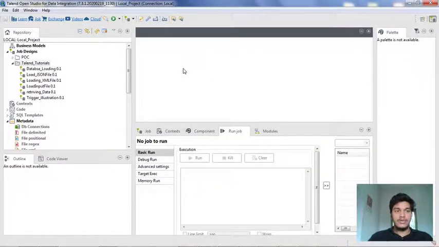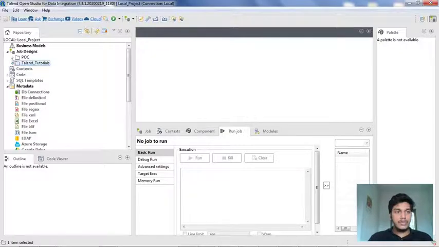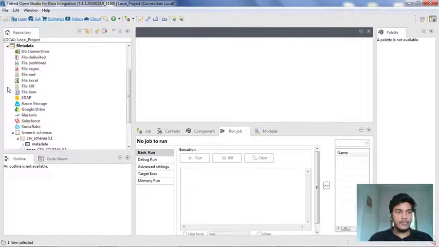Okay guys, in order to create metadata, you need to go to the metadata folder here under the repository panel. Instead of going to job designs, you can go to metadata here, and under it there are several types of connections. Like if you want to create database metadata, then you can directly go and create a database connection here under the DB connections. I am going to explain that in the coming lectures, and for now I am going to create a new